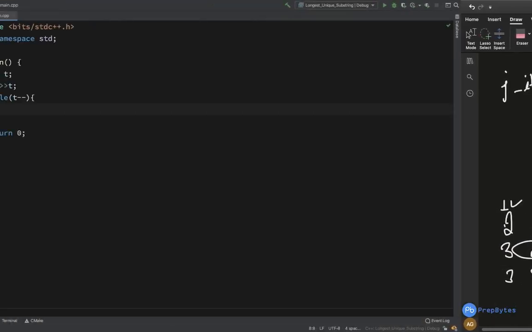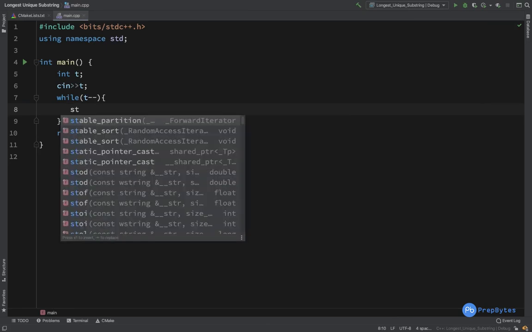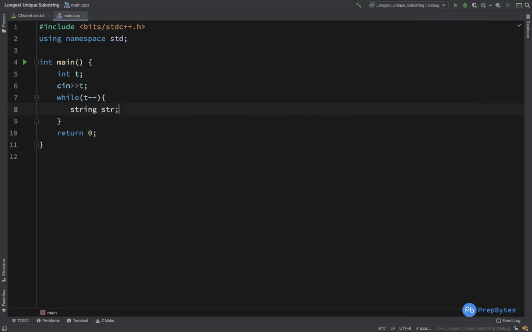Let's see the implementation for longest unique substring. The test case loop is running so that we can test on multiple cases at once, and we are taking a string as the input. N is the length of my string.